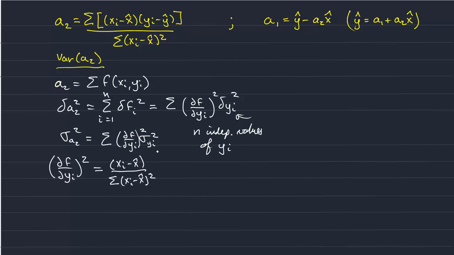And we have to square this, so we square the numerator and the denominator here. And then the variance of a2 is the sum of all that